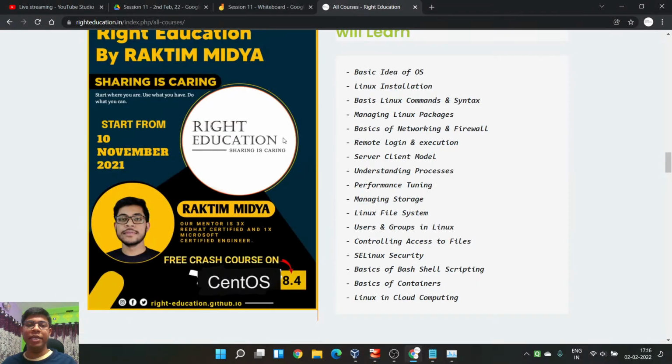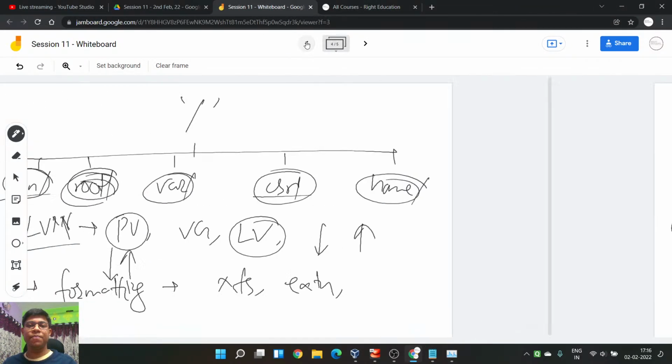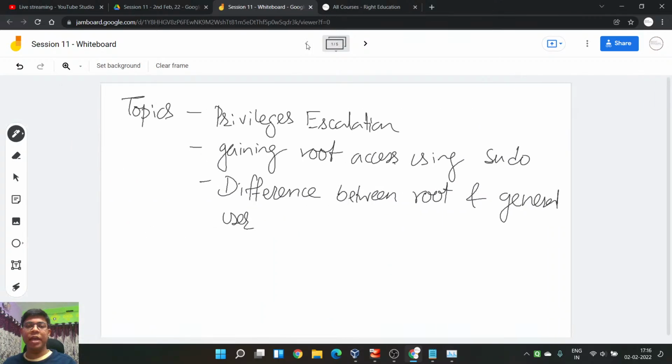So let's begin. Let's continue with our session. Whatever I want to discuss today, and a very interesting class today. I don't want to say interesting in the sense that there is something new we're going to discuss, but very useful actually, because in I can say 99% of the cases you will see you have to use sudo. Without sudo, in very rare cases you will see that you have the root privileges. Why? There are a lot and lot of security reasons. But let's talk about this. All right, let's start.